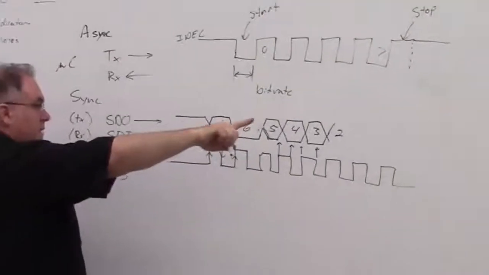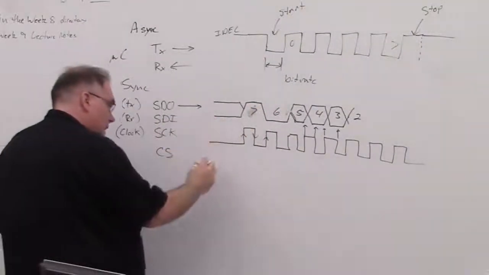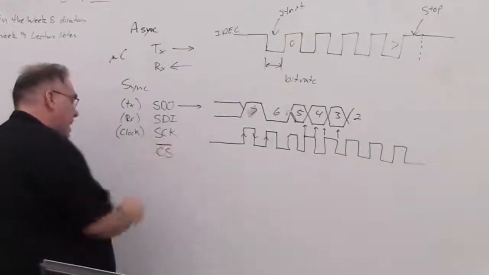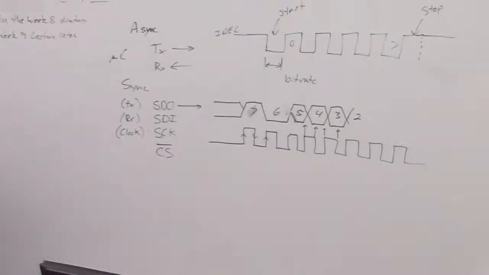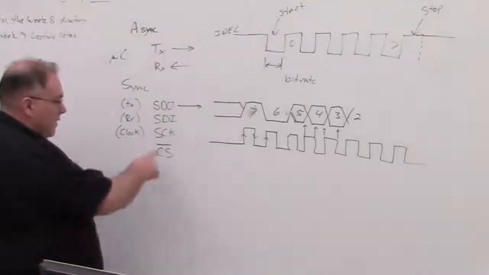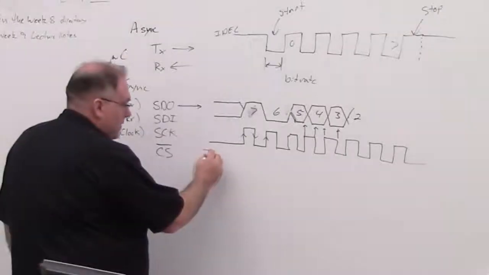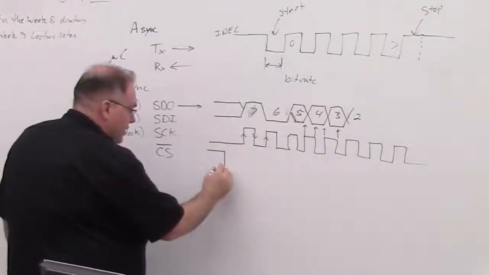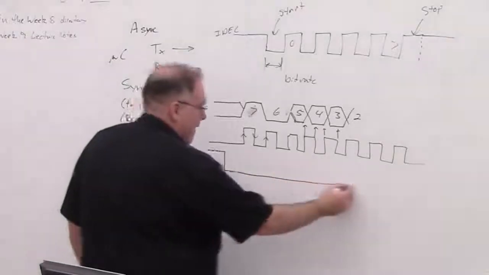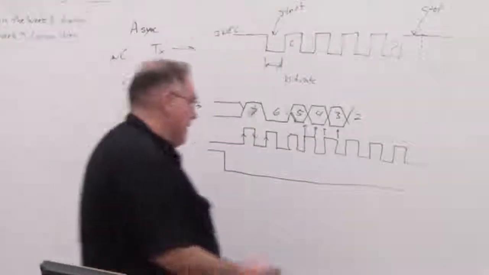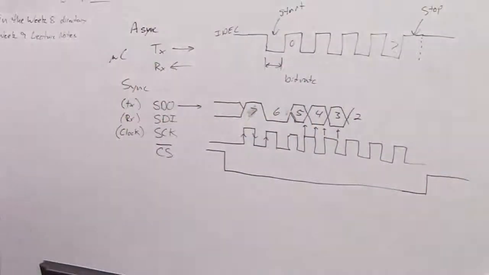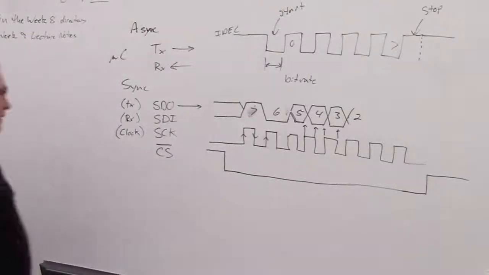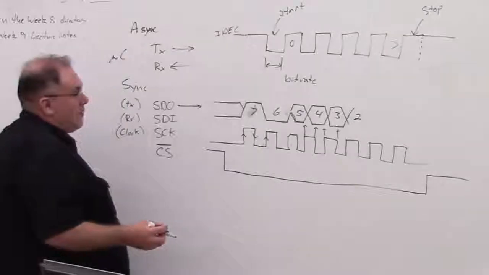So in order for the receiving chip to acknowledge this data, there's a chip select line which is usually active low. It's not always active low, but I would say 95% of the chips you're going to deal with, this line will be low. So the chip select, sometime before we start doing any data transmission, is going to go low. And then after our 8 bits have been transmitted, it'll come high again. It's not always the case, but more often than not,